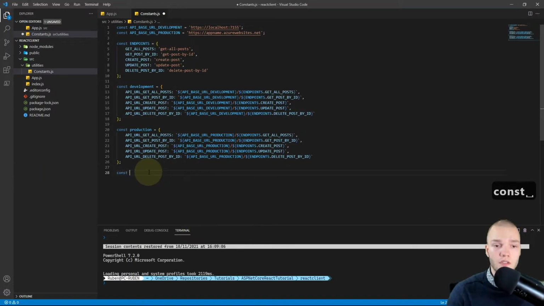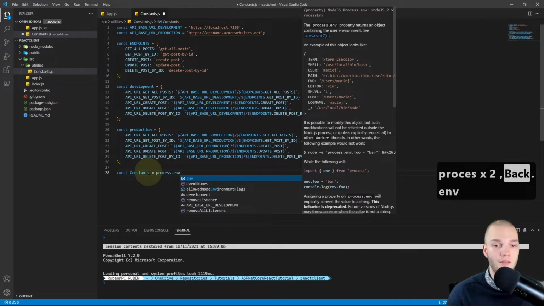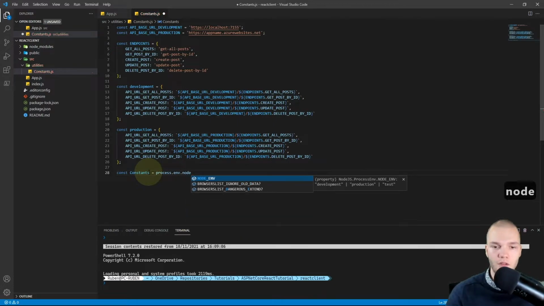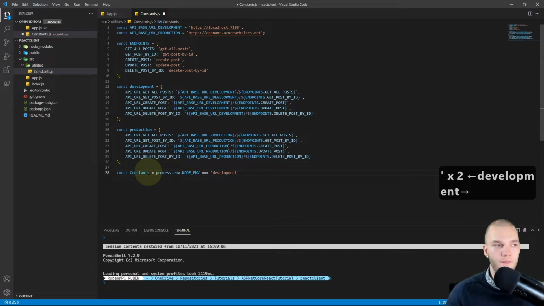So I'll do constants, the name of what we'll export, and that equals process.env, so process environment, and we will query NODE_ENV, and then I'll do a triple equals, and we'll check if it is development. And then I'll do a ternary, so a shorthand if else statement basically, with a question